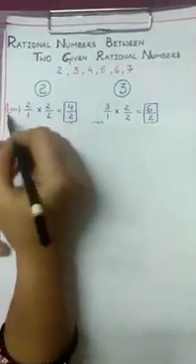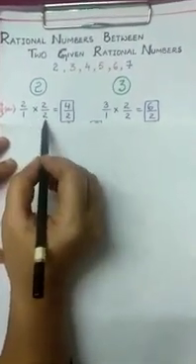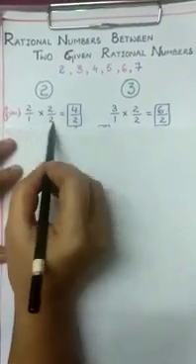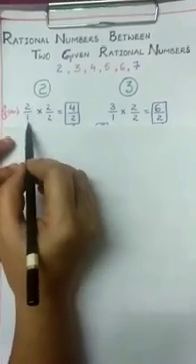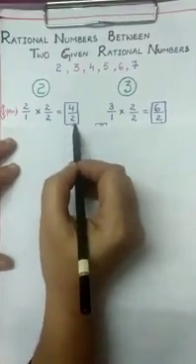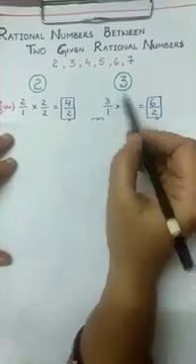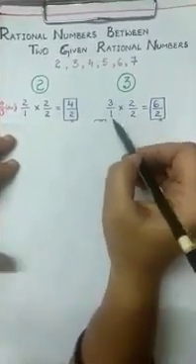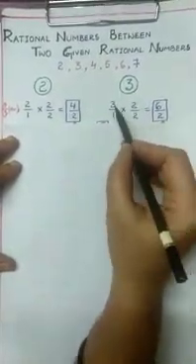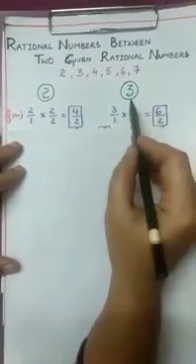Now here you write 2 in the form of p by q, that is 2 by 1. Now the numerator and denominator you multiply by a fixed number. Here I took 2. So 2 2s are 4 and 1 2s are 2. If the numerator and denominator of a fraction are multiplied by a fixed number, the resultant fraction is called an equivalent fraction. So 4 by 2 is equal to 2 here. Now write 3 in the form of p by q, that is 3 by 1. Again, multiply numerator and denominator by the same fixed number 2. 3 2s are 6 and 1 2s are 2. Where this 6 by 2 is equal to 3.